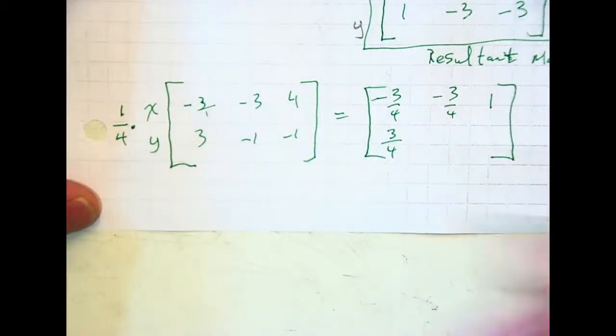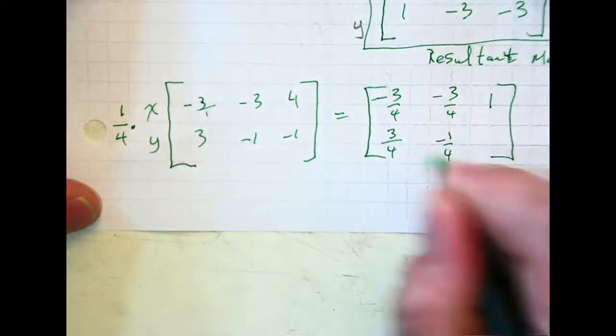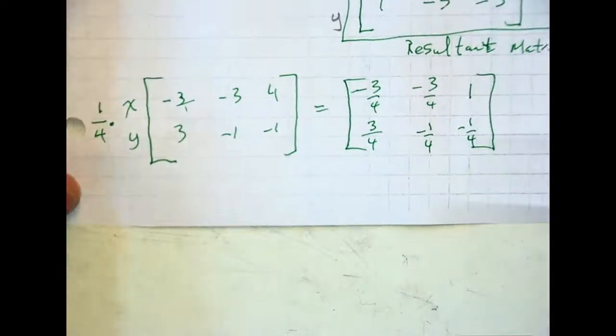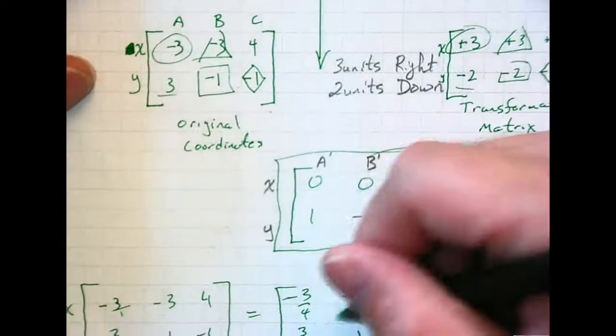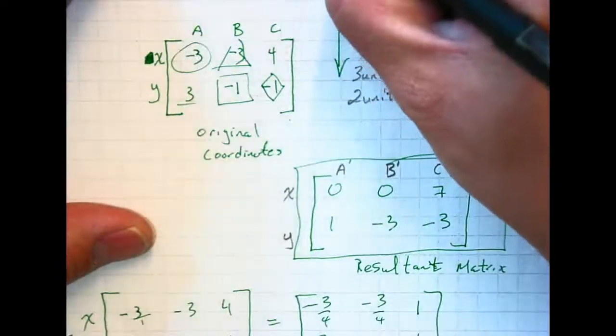What's 1/4 of negative 1? Negative 1 over 4. Negative 1/4. What's 1/4 of negative 1? Negative 1 over 4. Okay, so those are my new coordinates. My figure would get smaller. It would reduce. Okay? If I actually plotted those, negative 3/4 is here, 3/4 is here, I've